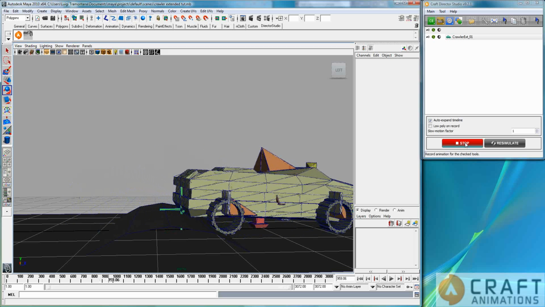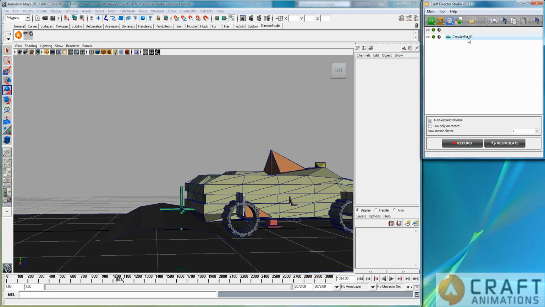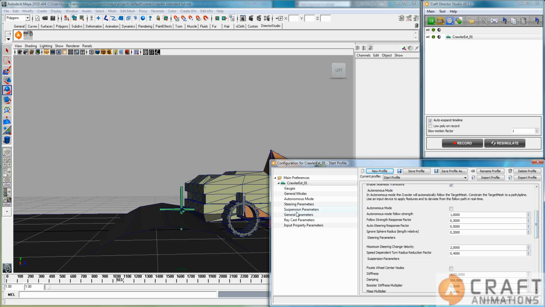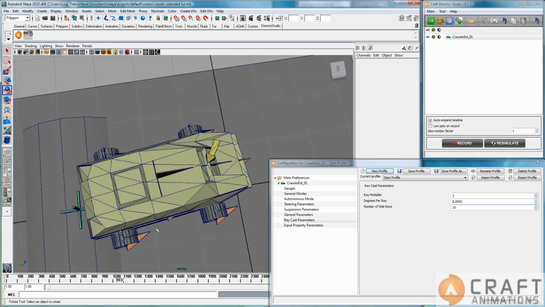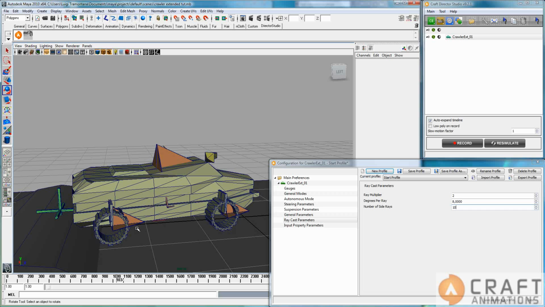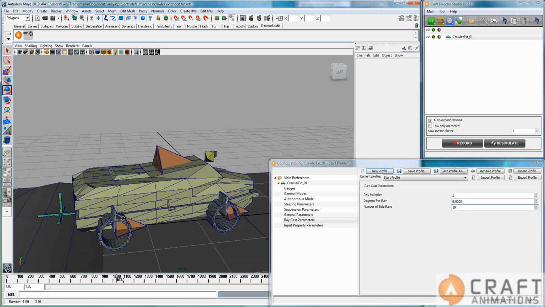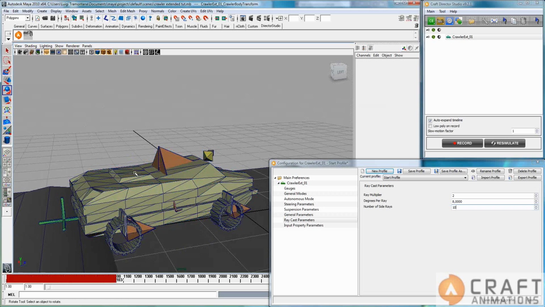So let's move over here and stop it there, and open up the configuration dialog here and go into the raycast parameters. That's the secret here, and whenever the ray multiplier is 1, then it just ignores these parameters here. So even if it says number of side rays 10, it doesn't matter, because this is the fastest way to calculate the interaction with the ground here. And if I increase this one to 2, then this becomes active, and 10 side rays now. That means simply that it casts on both sides here. It will add 10 rays here, 10 suspensions actually, between these wheels, and that's what this 10 means. So 10 on this side and 10 on that side, and that's why it's a very good boat